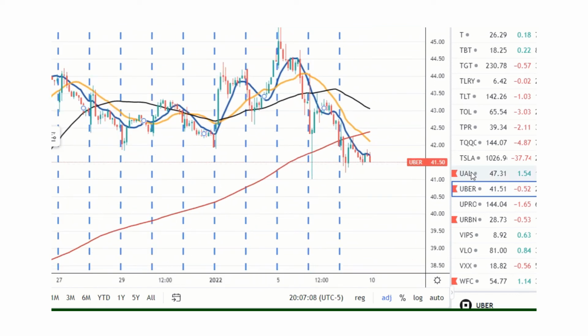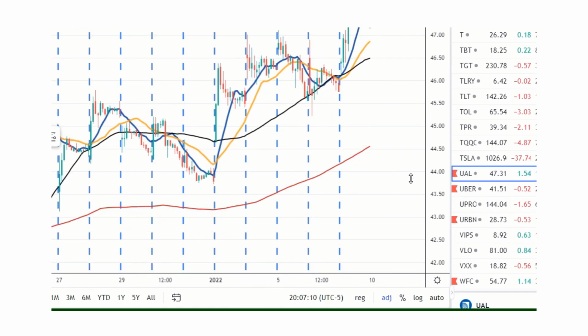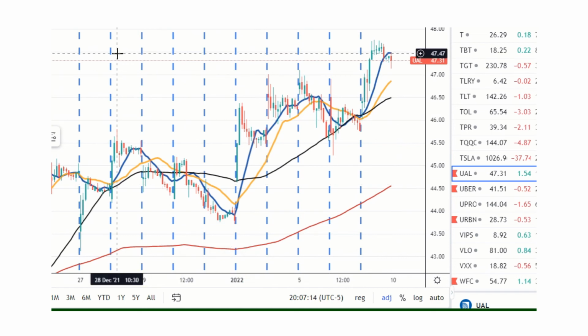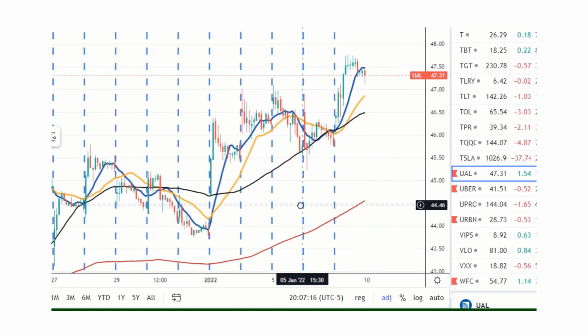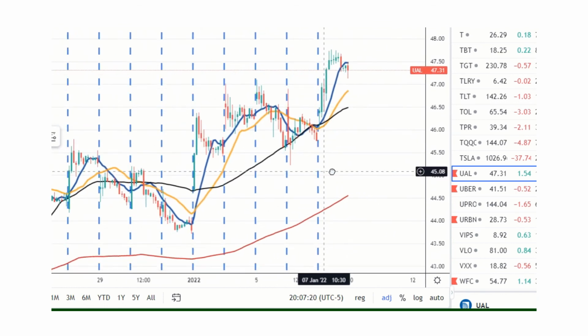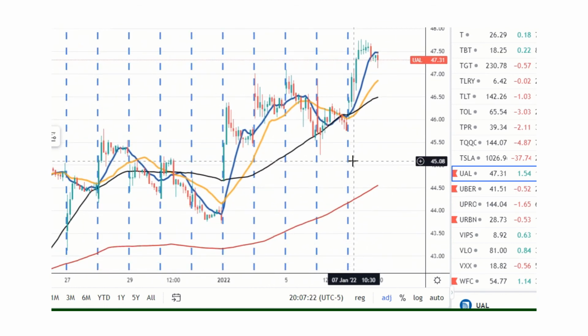Okay, so I would have liked to look at a chart, this is the United Airline Holdings, to look at an uptrend for a call, but we can do that in another video. Anyway, so to summarize,